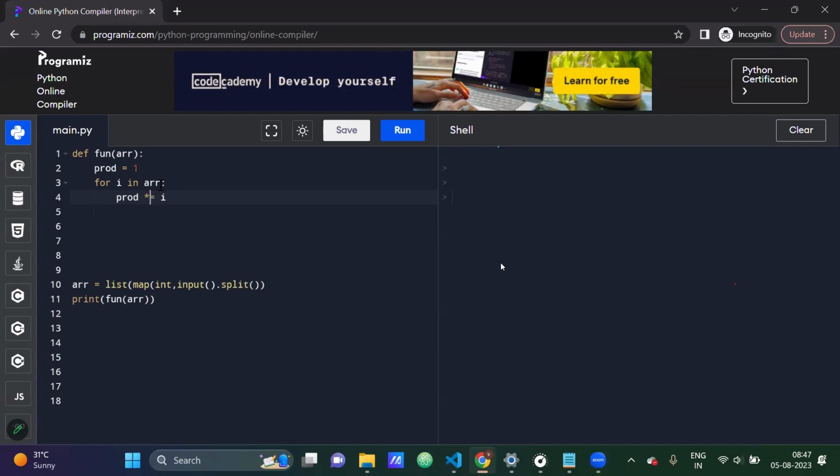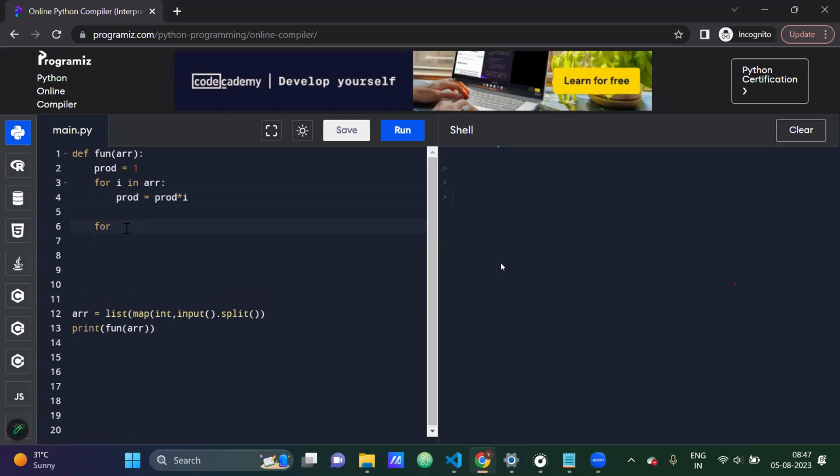It is nothing but product *= I, which is the same as product = product * I. So I'm just finding out the product of each and every element. Initially, I'm finding out the product of all the numbers. So next, what I will be doing is